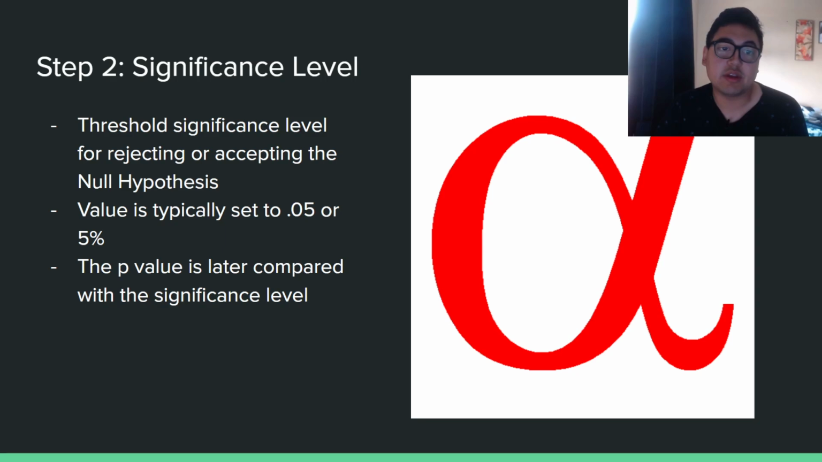The p-value is later used to compare with the significance level to see if we reject or accept the null hypothesis. So essentially, how I understood this is that the significance level being set to 0.05 or 5% signifies, when you run the t-test, that